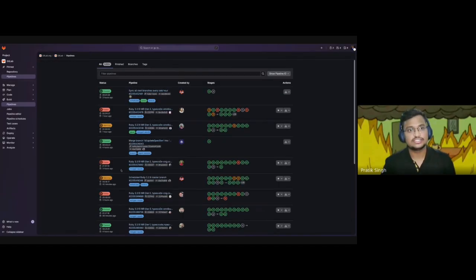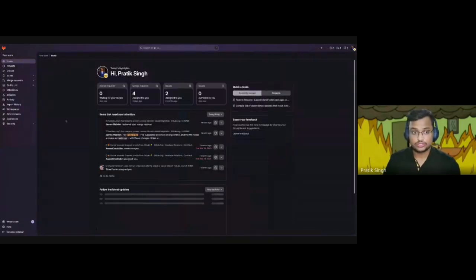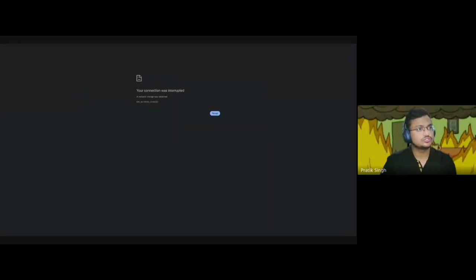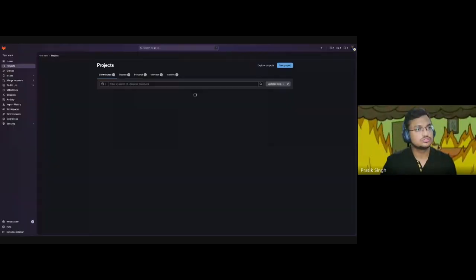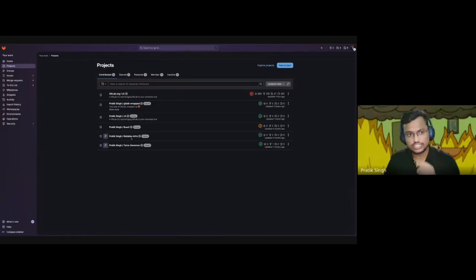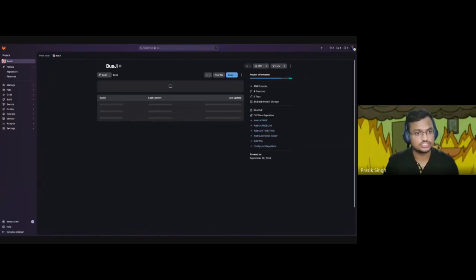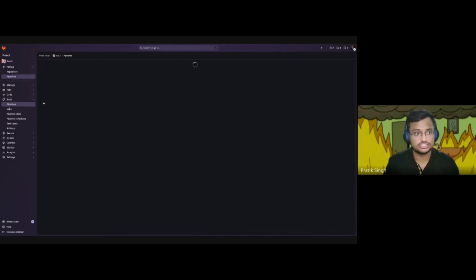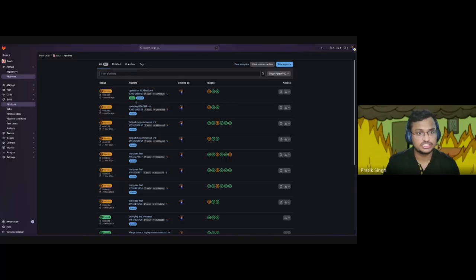I know, very honestly, at the start it looks a little bit overwhelming, like, oh my God, what is this? What is all of this? But usually a lot of projects do not look like it. If I go to something like my personal projects, they do not look like this. My personal project pipelines are pretty simple and very basic.